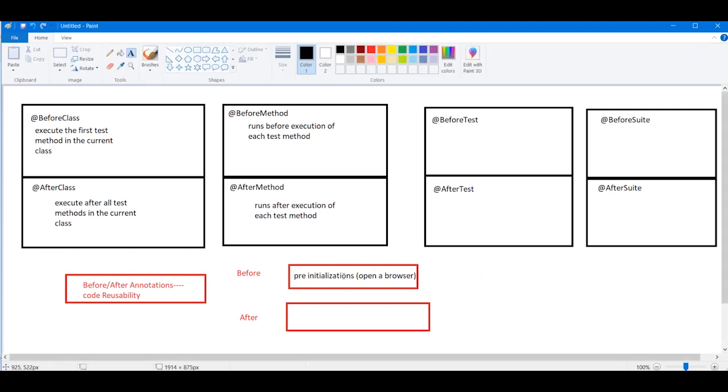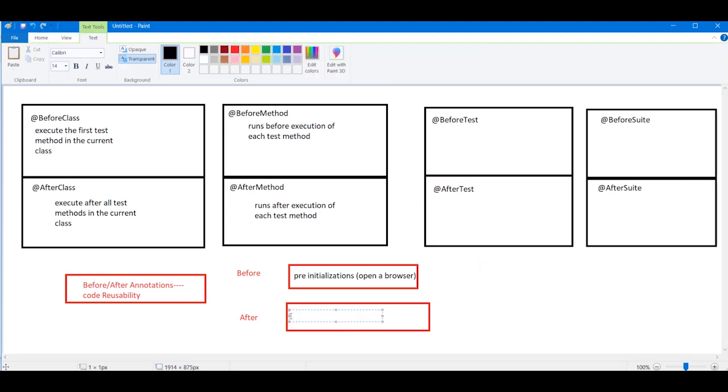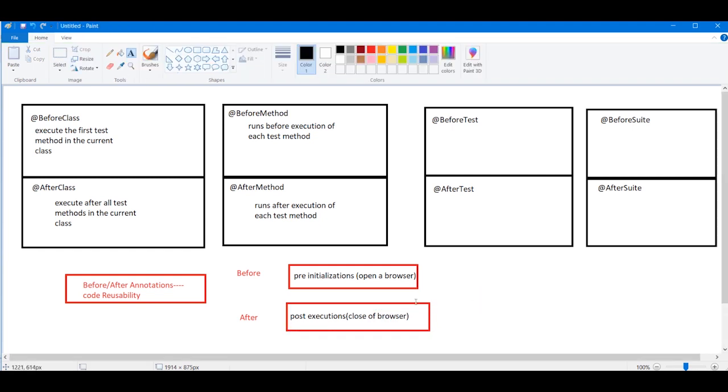Another is your after annotation, used for cleaning resources, meaning post execution, like closing the browser.